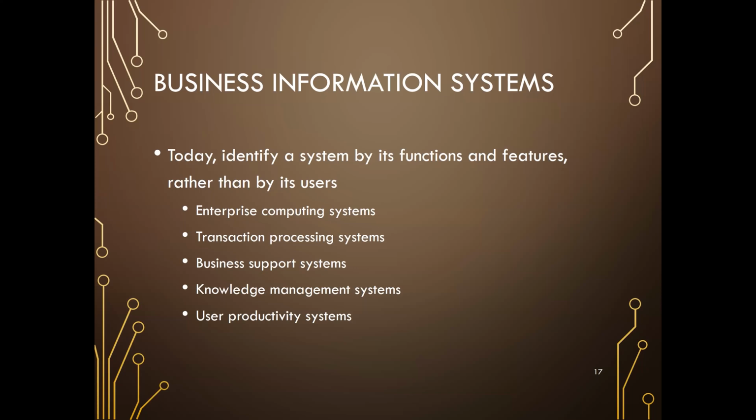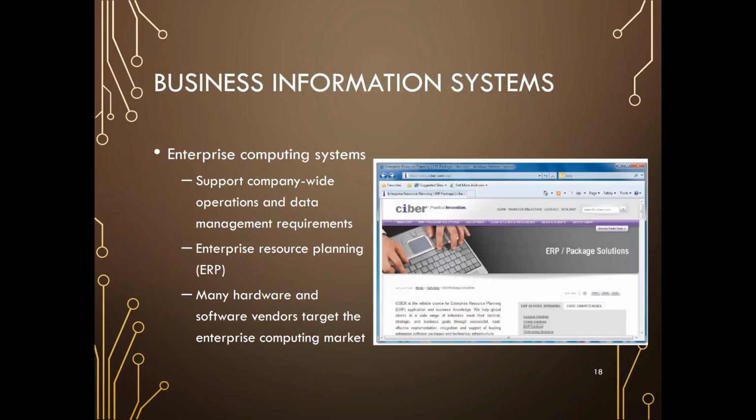And user productivity systems, I think you are familiar with this term, productivity software or productivity apps, are the software or systems that help you produce some work, for example your Microsoft Excel, that is one kind of productivity system. Word or PowerPoint, because this kind of thing can produce your work and then you can submit this work to your boss, to your colleagues, something like that. So we classify the business information system into these groups. After that, when we talk about the enterprise computing system,